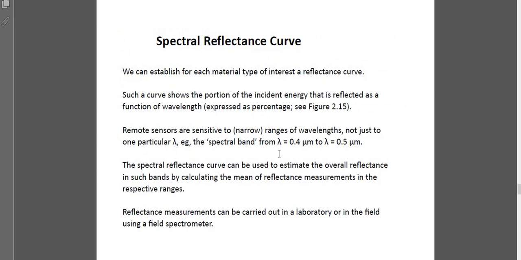So the spectral reflectance curve is also called the spectral signature. What is a signature? When you make your own signature, it means that it is specific to you. So it means when electromagnetic radiation interacts with any earth feature, then each individual earth feature shows a different type of response to different types of wavelength. It means there is nothing common, they have something special for every earth feature to every electromagnetic